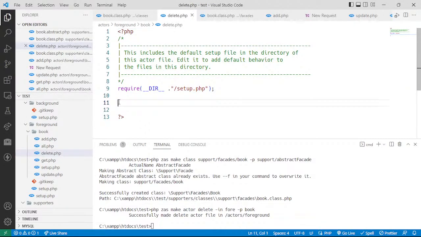So we need the ID first. So make sure there's an ID, right? So say if